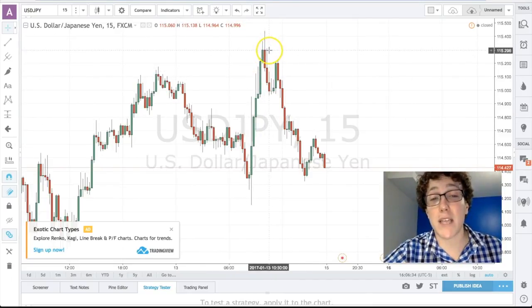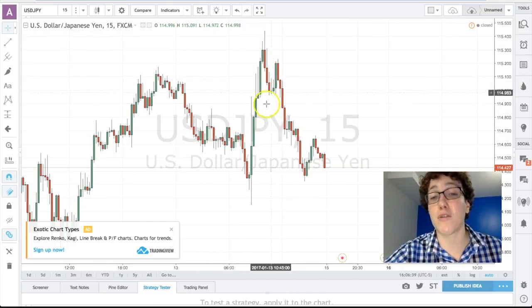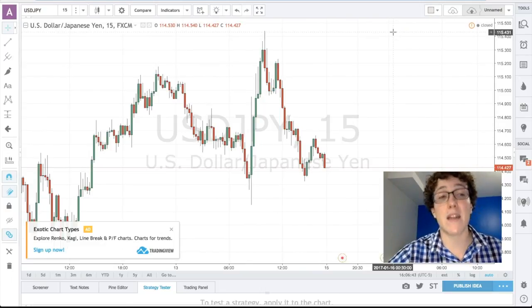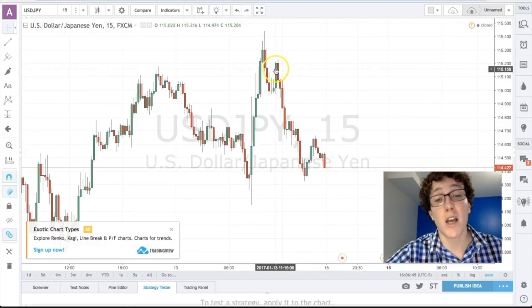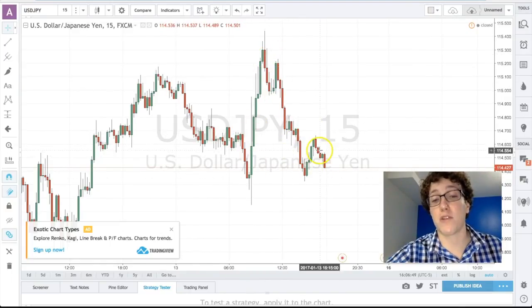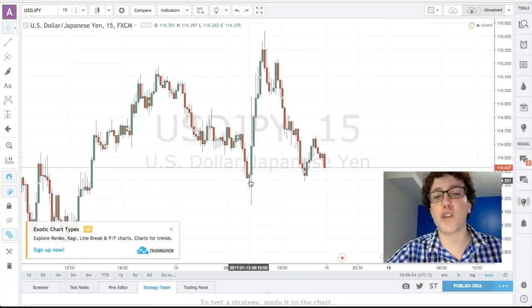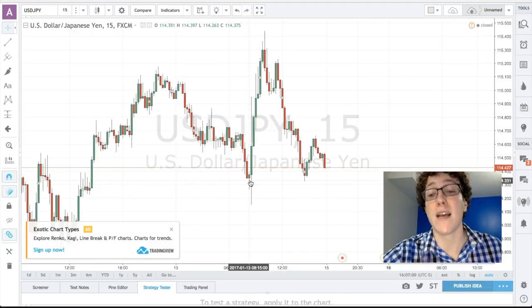Then it always reaches a certain point, and this is the retracement, which is another good trade, and then usually it continues going in the same way as the news. But like I said, the US dollar is strong, so compared to the Japanese yen, it continued to climb downwards after the initial news event. As you can see on both these charts, it creates huge trading opportunities because there's huge volatility, and you can have some very deep in the money trades, which is always non-stressful trading and sometimes the best way to make some money.